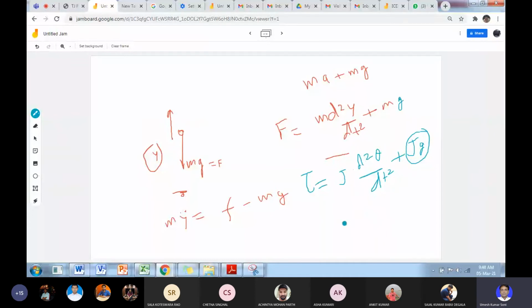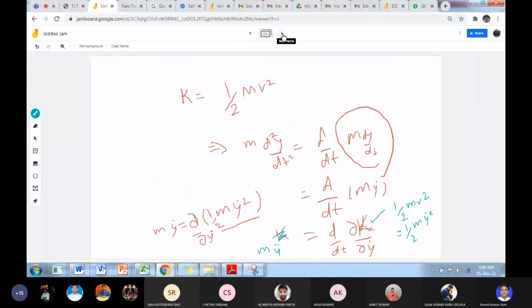तो यहाँ पे आप देख सकते हैं कि J इक्वल टू क्या होता है, inertia is determined by... inertia is a term for angular motion and m is the term for linear motion. So